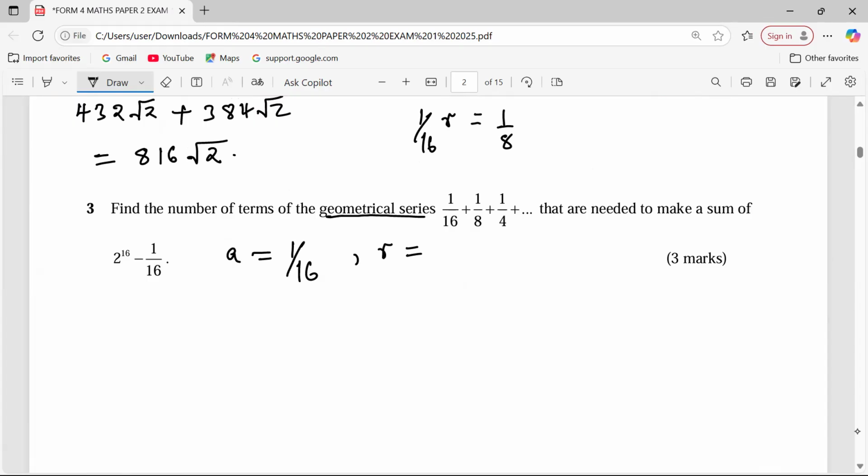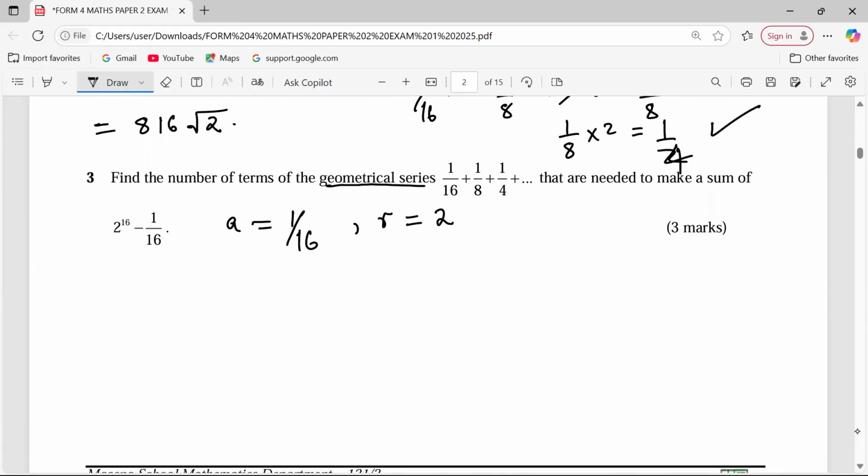And now we can remain with R by taking 1 over 8 times 16. This is 2. So this 2 is the common ratio. It can also be confirmed by saying that 1 over 8, if multiplied by 2, is it giving a quarter? Yes, it's giving a quarter. Therefore, the factor multiplying here is 2, and that becomes our common ratio. So we have a geometric progression, a GP here, whose first term is 1 over 16 and a common ratio